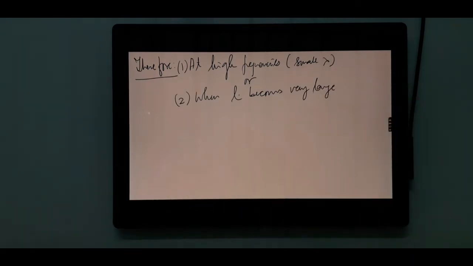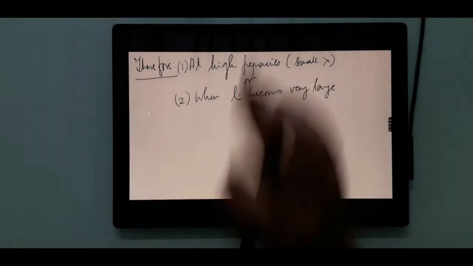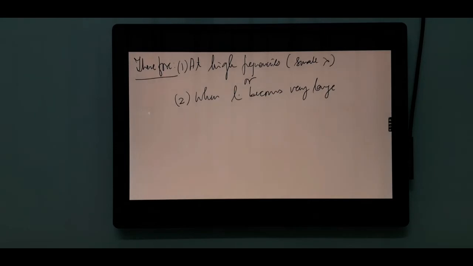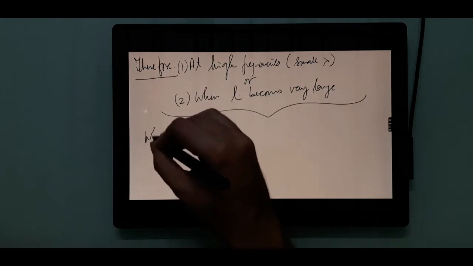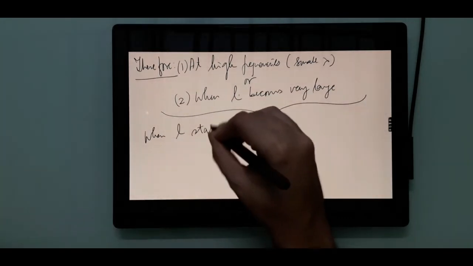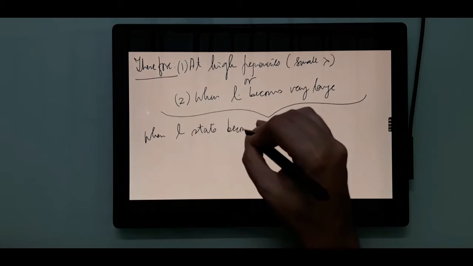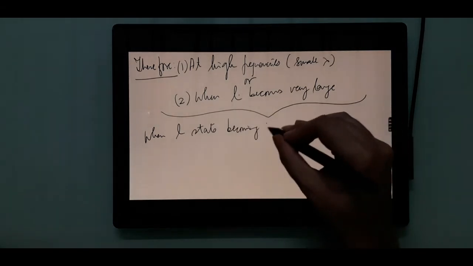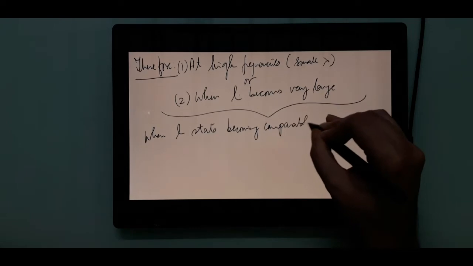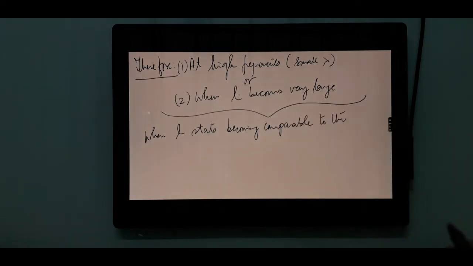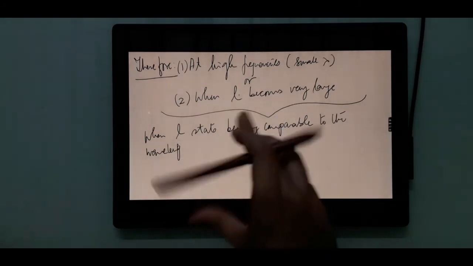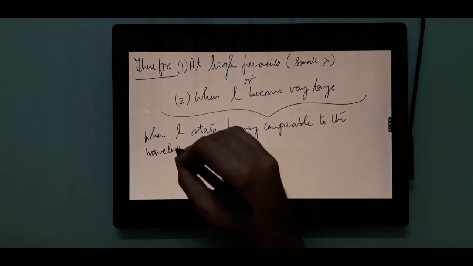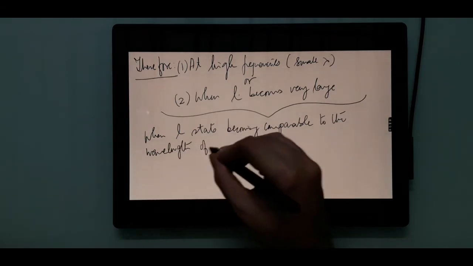L is the length of the conductor. At very high frequencies, when the wavelength becomes very small, or the L becomes very large, either way, when L starts becoming comparable to the wavelength of the wave,